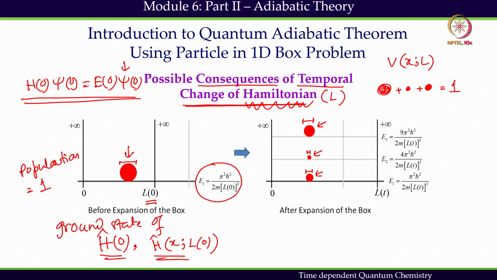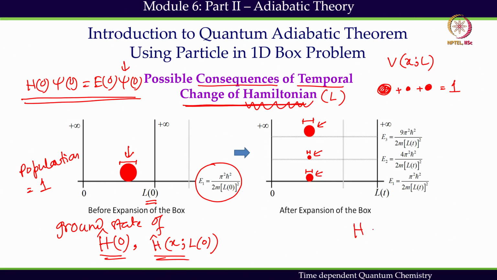So far we haven't concluded what will happen if it is an adiabatic change. We are just saying that if there is a change of the Hamiltonian, then the general consequence is that the particle may not be staying in the ground state, it can go to an excited state as well, and there can be a development of population in states other than the ground state of the final